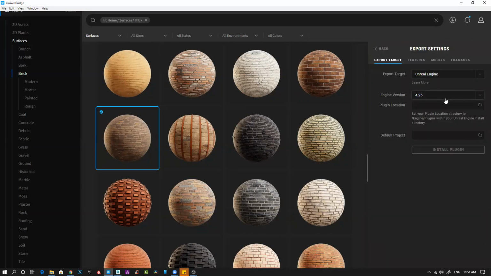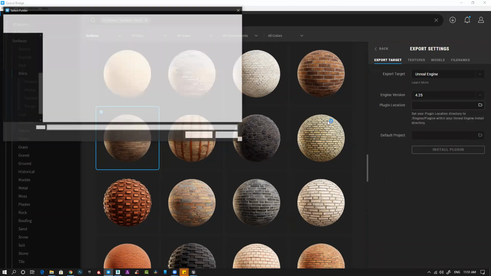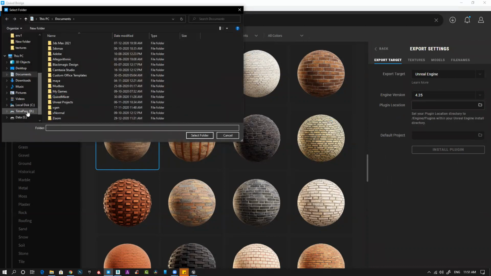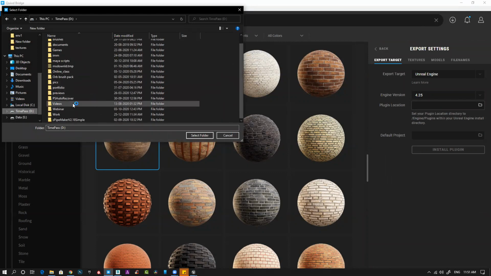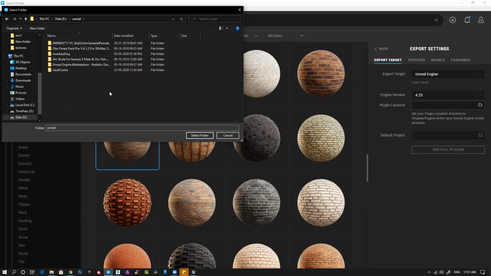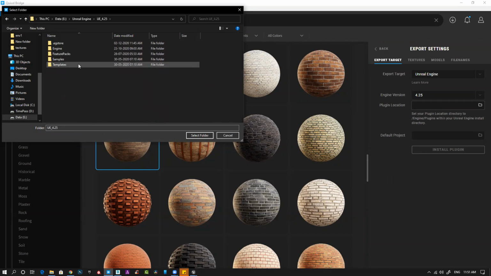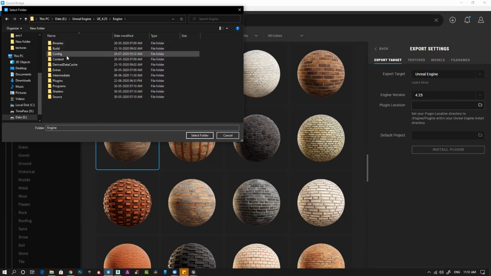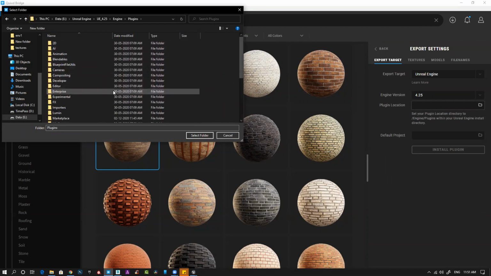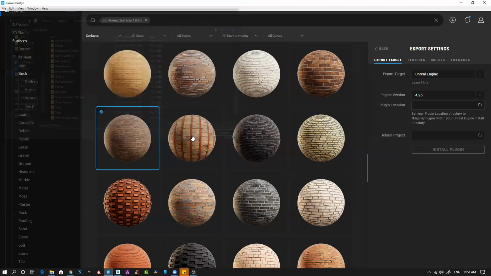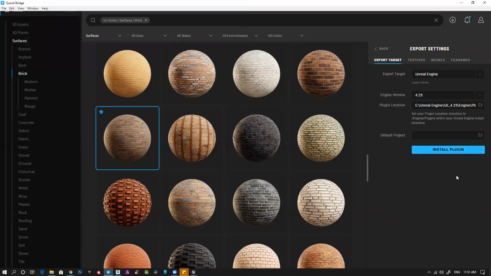Export setting. Unreal Engine original file. Unreal Engine 4.25 plugin, install plugin.